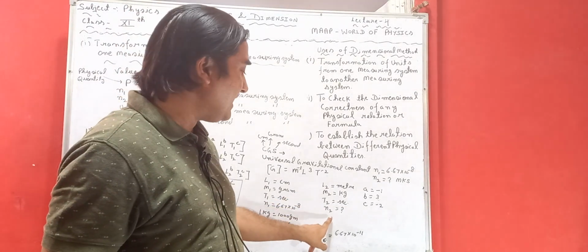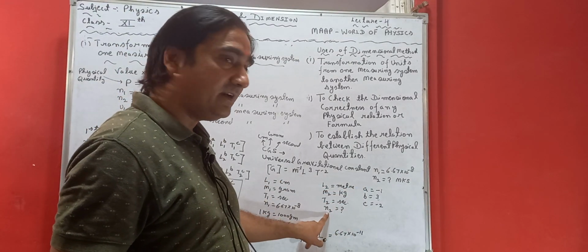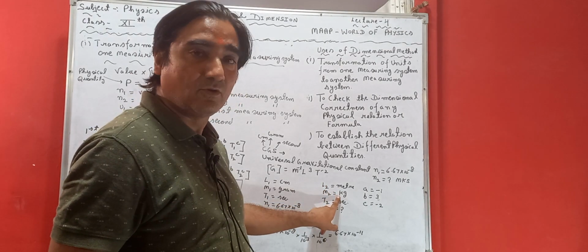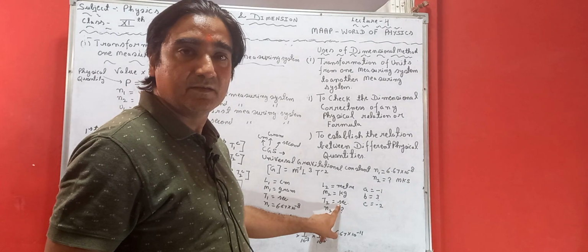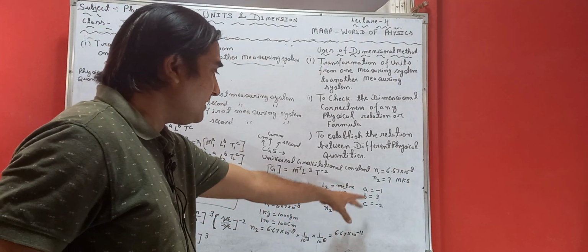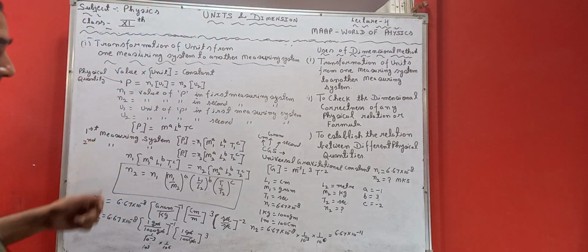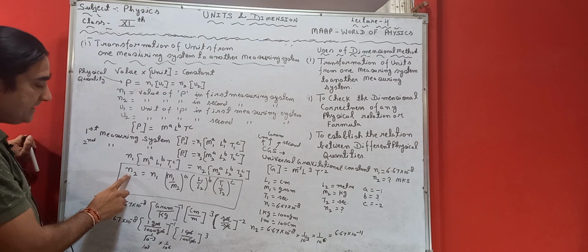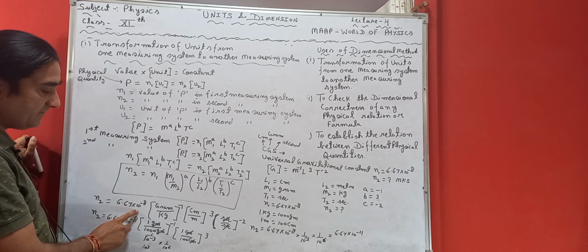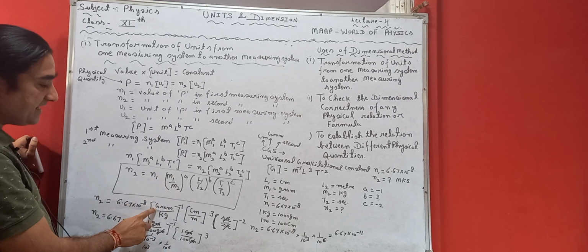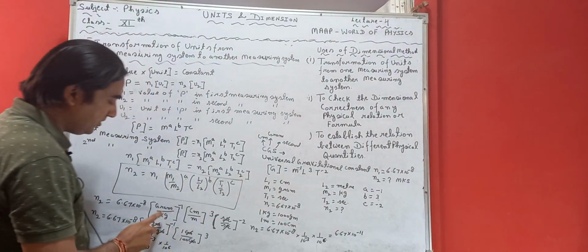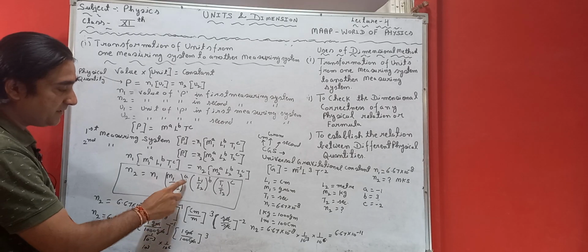I have to calculate N2 in MKS system, where length L2 is in meter, M2 in kilogram and T2 in second. Okay, so we can substitute all the known values in this particular formula. See that N2 is the unknown value, so it is equal to N1. I have kept the value of N1 over here. M1 is taken in gram and M2 is taken in kilogram. So gram upon kilogram raised to power A.